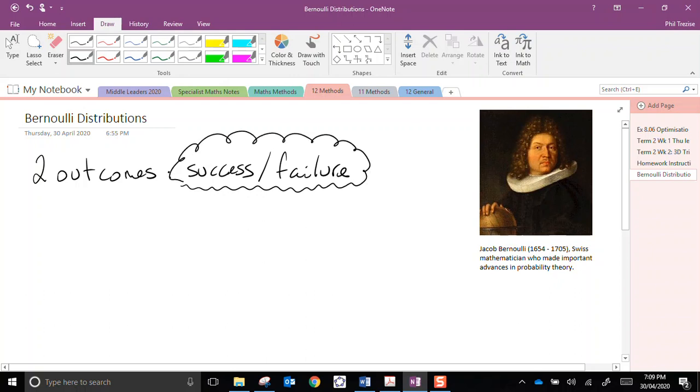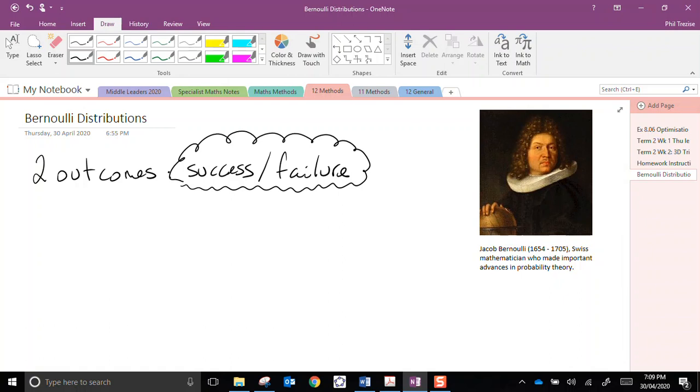You could say, I'm going to take a maths exam in third term, and if I pass the exam, that's a successful outcome. If I fail the exam, well, that's the opposite outcome. So it's got to be just two choices. We wouldn't be worried about, I'm taking an exam and I could get an A, a B, a C, a D, or an E. So we really do just split it down into two things.